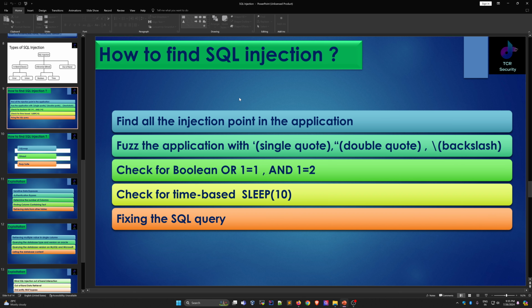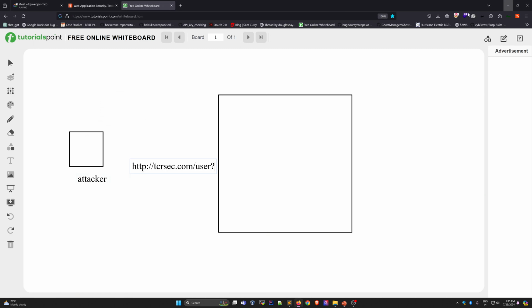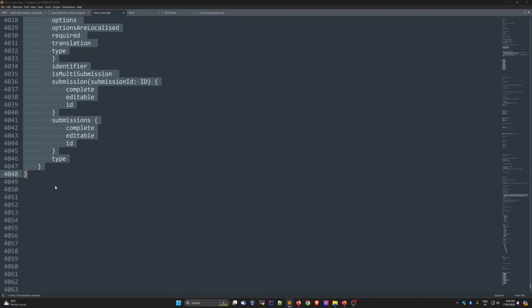Fuzz the application with a single quote, double quote, and backslash. And how can we fuzz that? When you have a query, let's say ID equals 1, try to fuzz it and give a single quotation, a double quotation, and you can also try the backslash. If the application throws an error, like a SQL injection error or something like that, then there may be